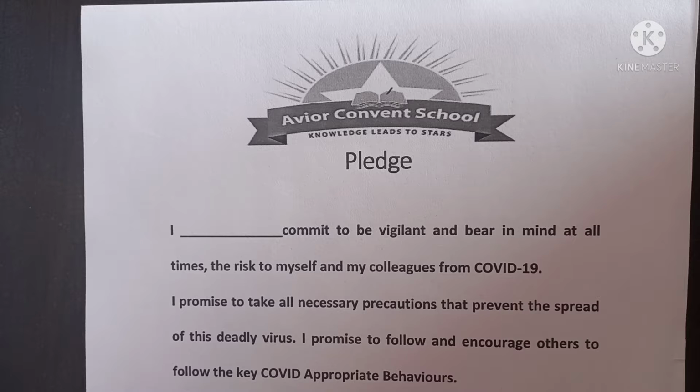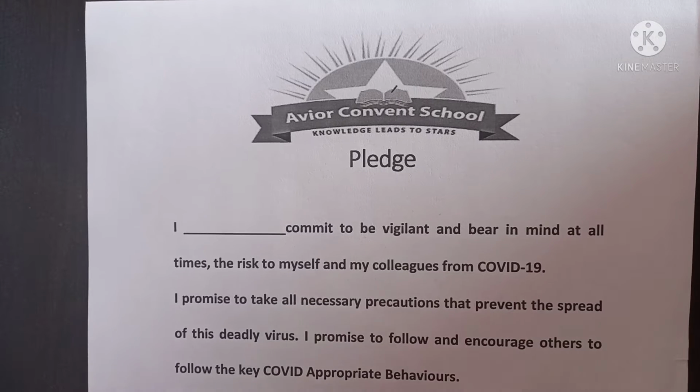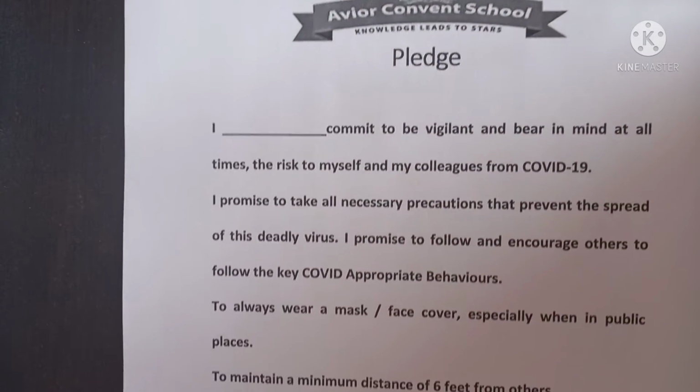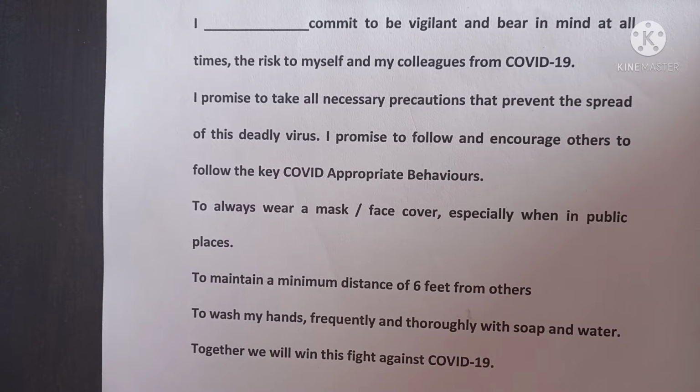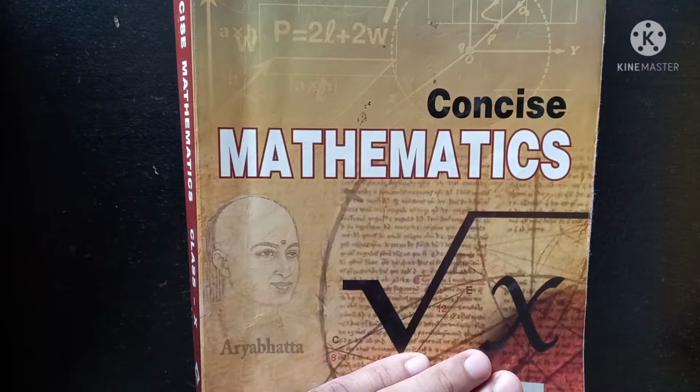I promise to follow and encourage others to follow the COVID-19 appropriate behavior: to always wear a mask, face cover, especially when in public places, to maintain a minimum distance of 6 feet from others, to wash my hands frequently and thoroughly with soap and water. Together, by taking all these precautions, we will win this fight against COVID-19.